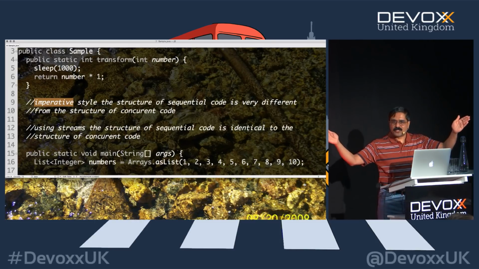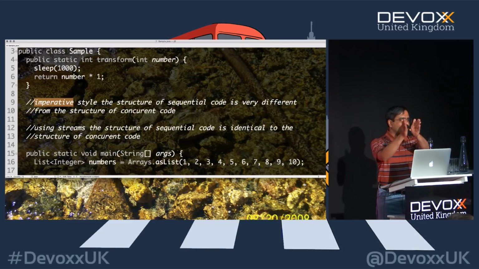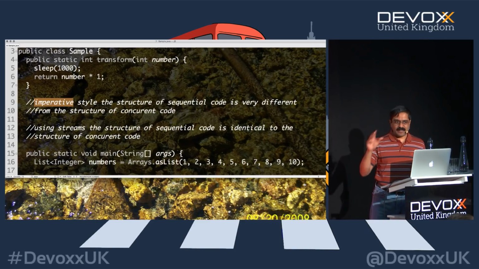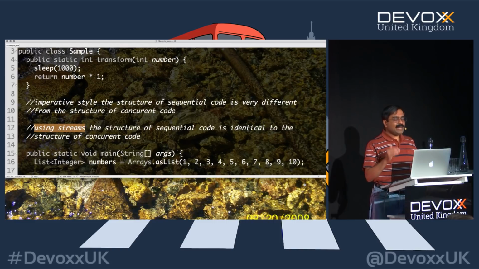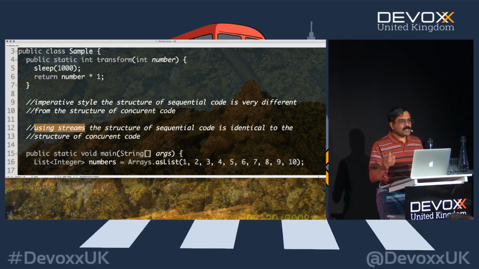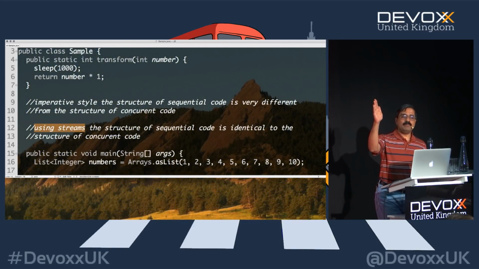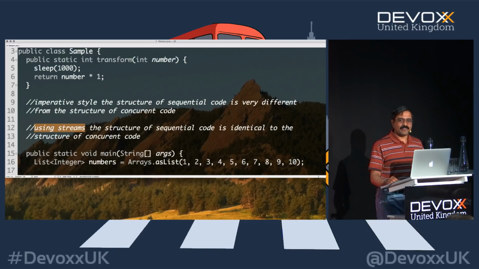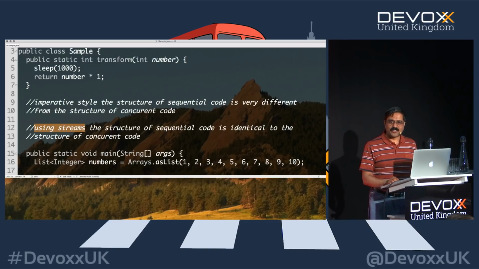We can't wait for days to see if our efforts really are working. So we took a very small sample of the project. It takes 12 minutes to run. Go for it. It took us 7 hours of rewriting that part of code to go from imperative style to functional style using streams. And at the end of the 7 hours, we ran the code again. And what took 12 minutes to run now took exactly 12 minutes to run. And my client said, good job, Venkat. That was 7 hours of effort. And the code is now functional in style.